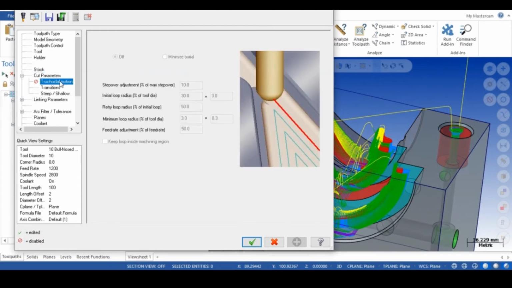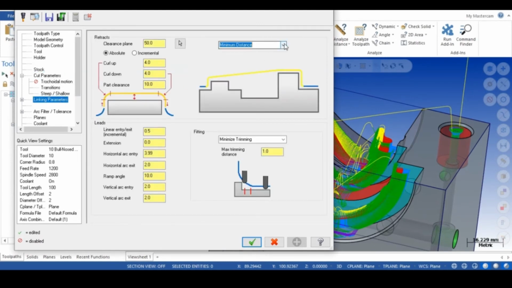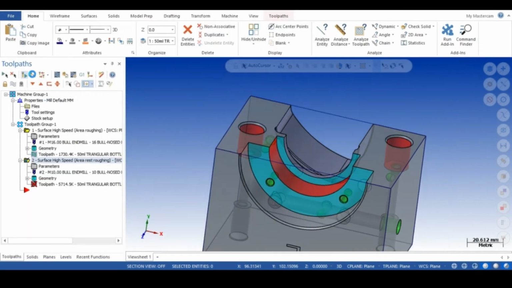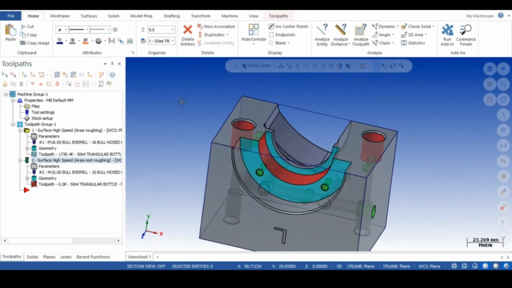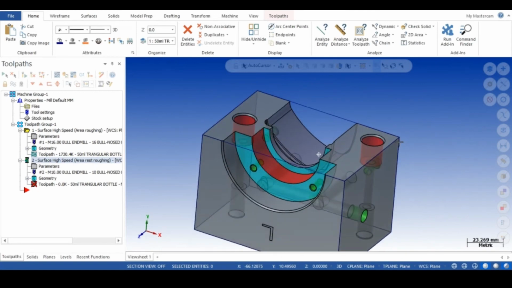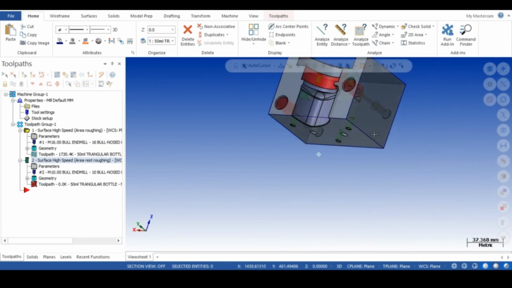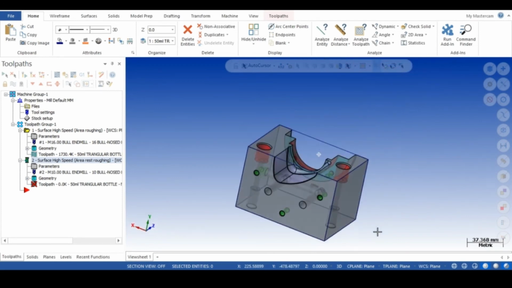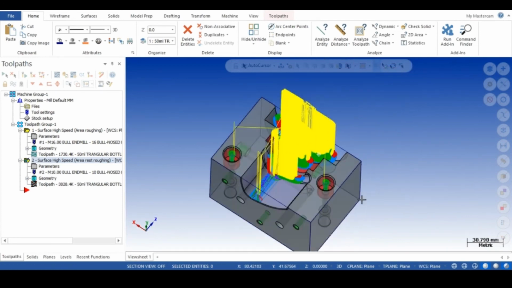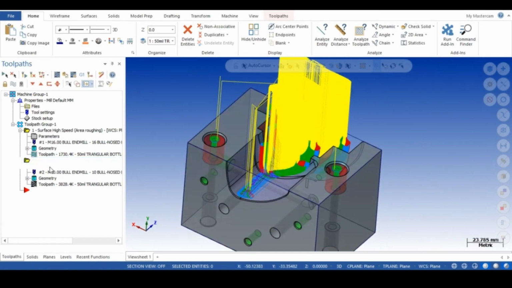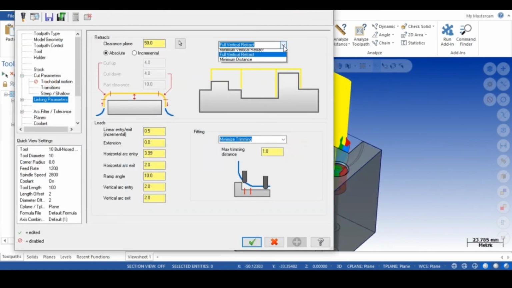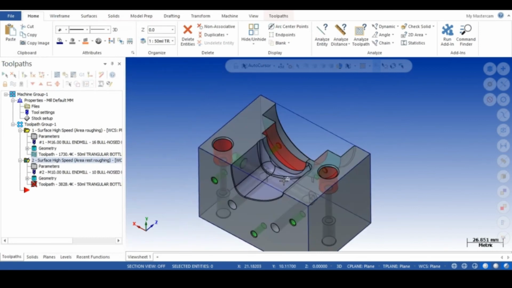Here in the transition linking parameters, we will mention full vertical retract. Then there will be no chances of collision. If you buy a full version of Mastercam, then you can override this problem. But it is lifting so many times, so better we increase the clearance to avoid the collision problem.